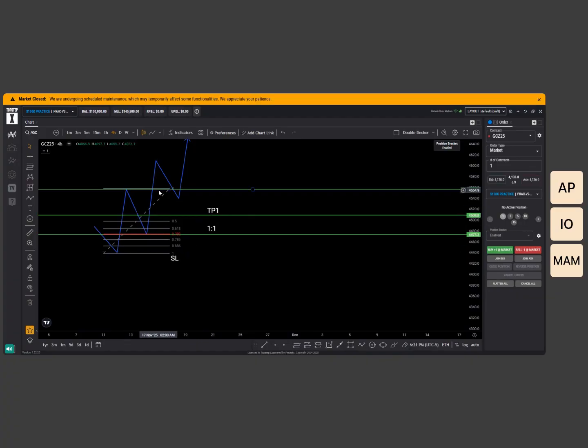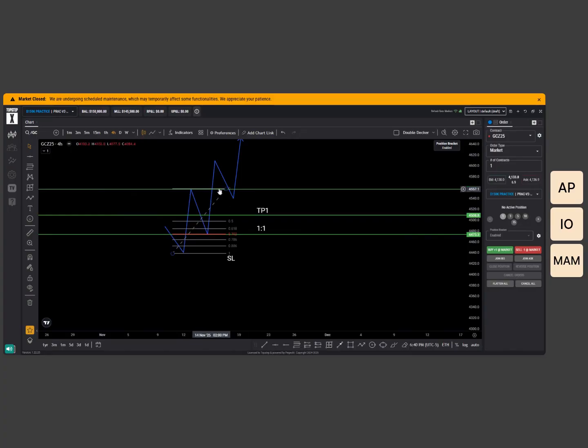If I get in at this 702 and it pushes up and I'm hitting my 1-to-1, that's my TP1, that's first take profit. Your first take profit is going to be a 1-to-1 ratio. Now, if you understand this model, you'll start to see that this goal, or where this zero is, tends to be